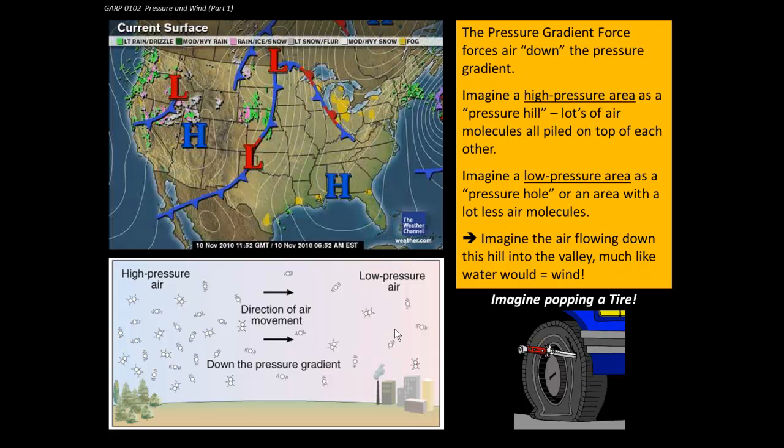Here's another weather map that has, if you will, two pressure hills. One here, and a whole bunch of different pressure lows. So air is flowing from this hill, down the hill into the low, from this hill, down the hill into the low, and so on and so forth. So a weather map always shows you the pressure hills, the high pressure areas, and the pressure lows, the gaps of air, if you will. And the same way water would run down a hill, air runs down the hill. All right, now,